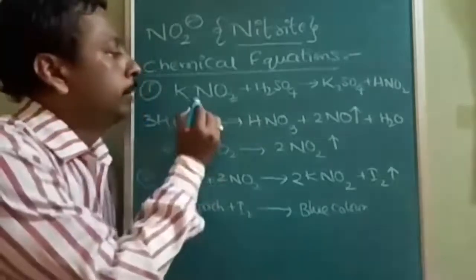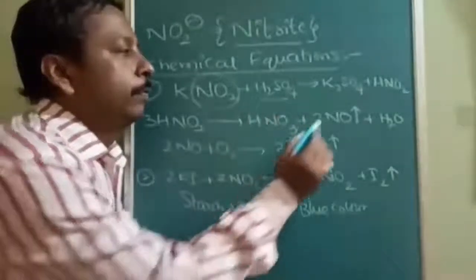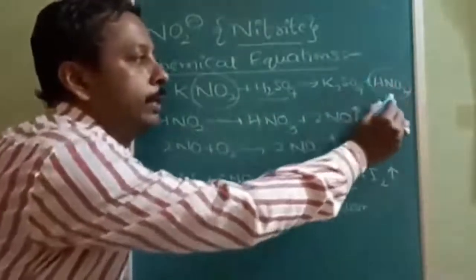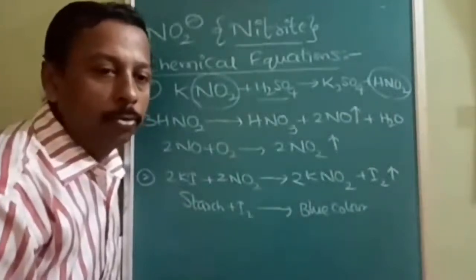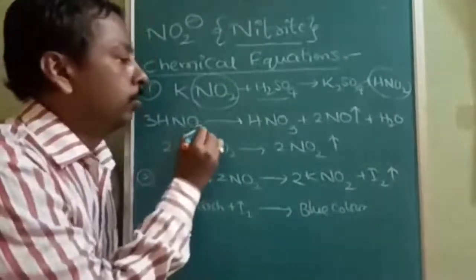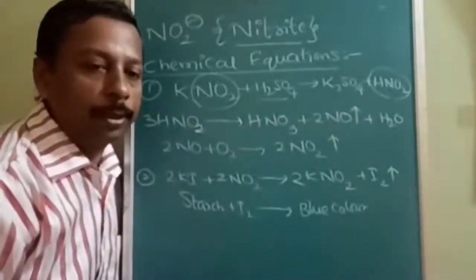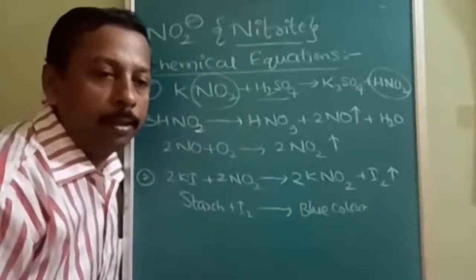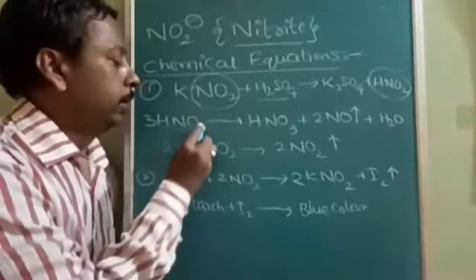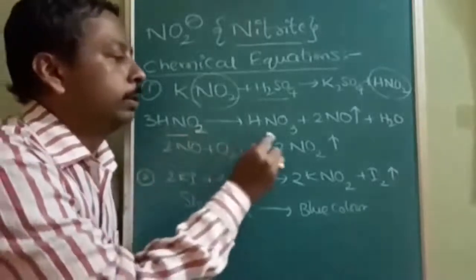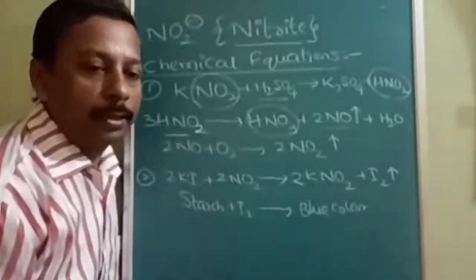Okay, so this is the salt which contains nitrite. When it is treated with sulfuric acid, first it forms nitrous acid. What is it forming? Nitrous acid, HNO2. HNO2 further decomposes. It is basically an unstable acid. Nitric acid is a stable, strong acid and an oxidizing agent also. But HNO2 being unstable, it converts into stable HNO3, also releasing nitric oxide.